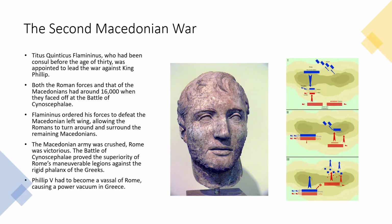This is known as the Second Macedonian War, and they appointed a guy named Titus Quinctius Flamininus. He had been consul before the age of 30, which is one of the rare things that you see during the Republic at this time. He's also a descendant of the famous Roman dictator Cincinnatus. So Flamininus was sent with a force of around 16,000,